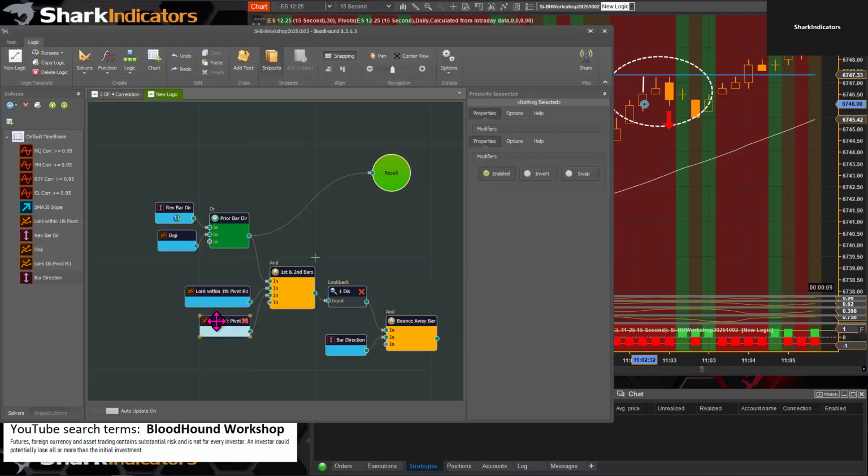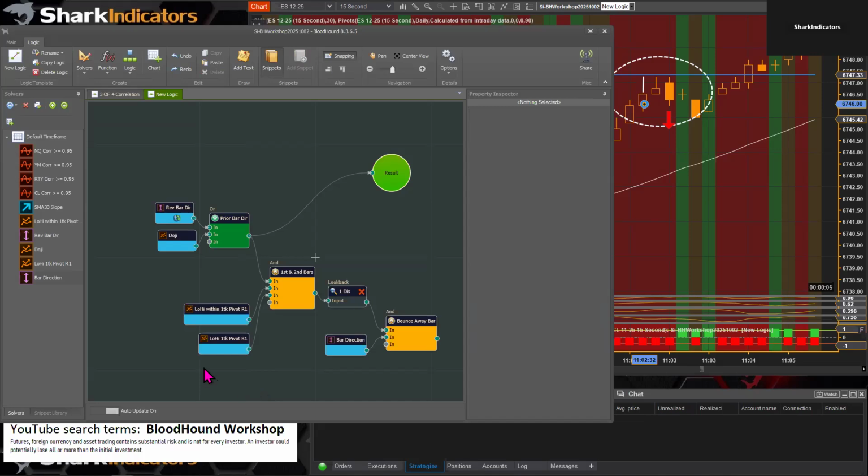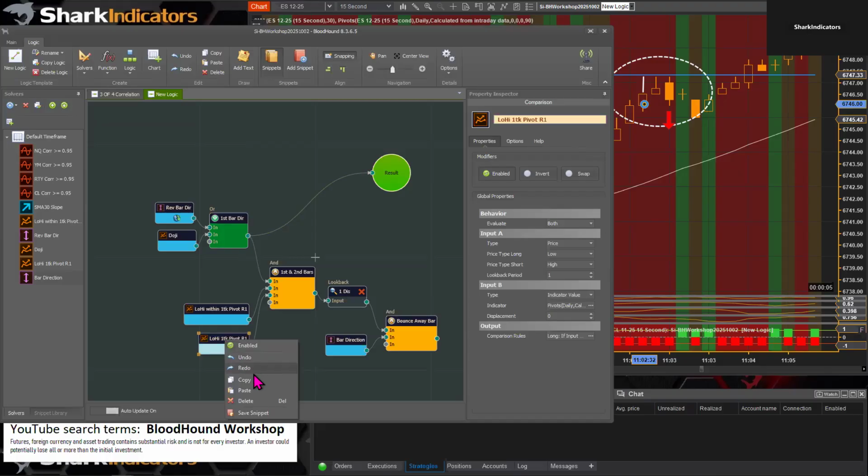Let's see here. So, all right, I'm going to move this down here. Actually, yeah, I'll rename this here. So this is actually the first bar direction of the pattern. And yeah, let me copy this. I'm gonna move it up here